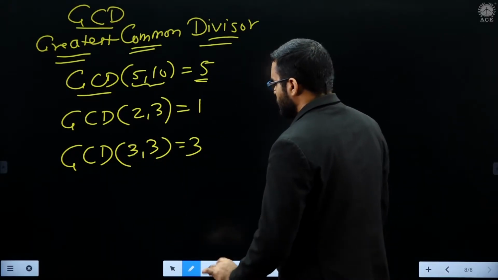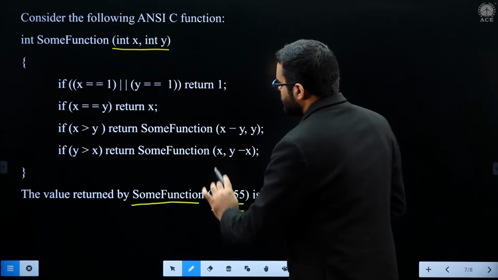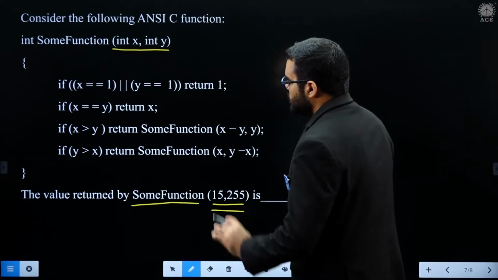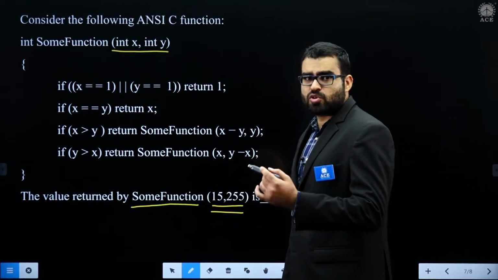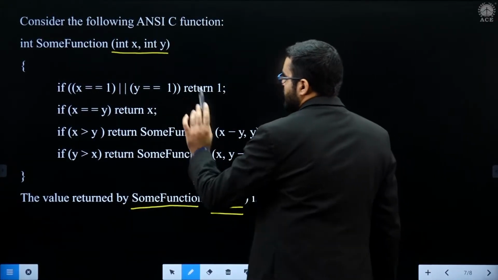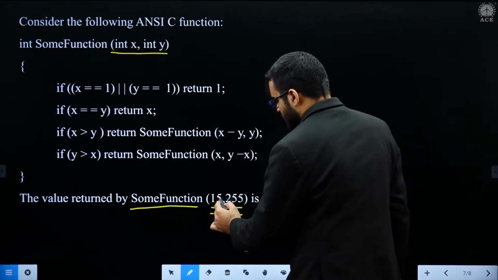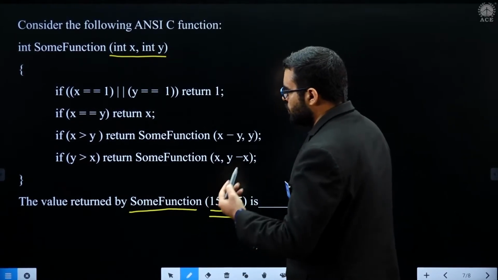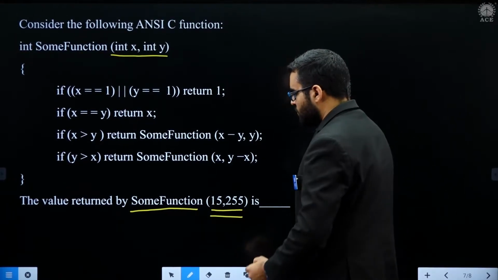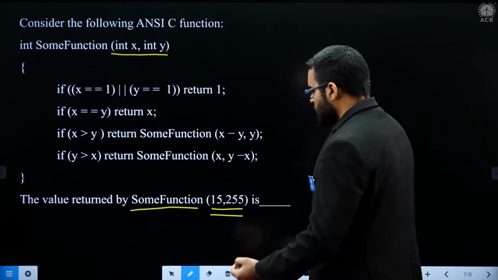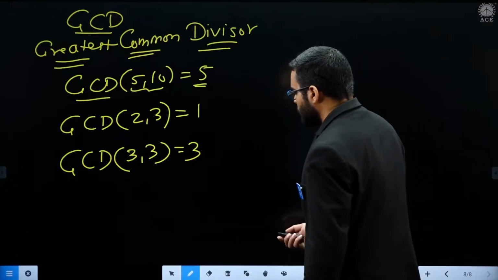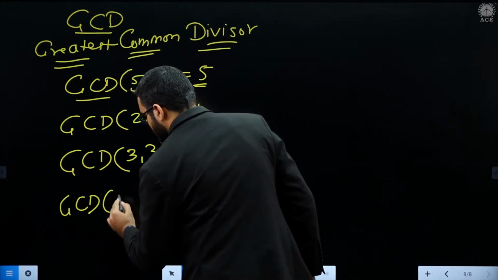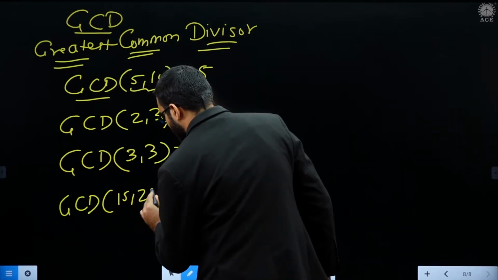Now this function that is given in this question is calculating the greatest common divisor of x comma y. So when we pass 15 comma 255, the return value will be the greatest common divisor of 15 comma 255.